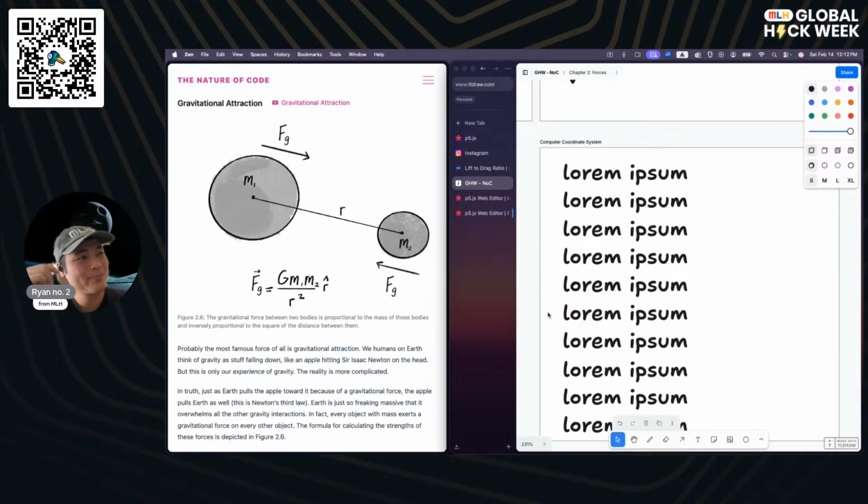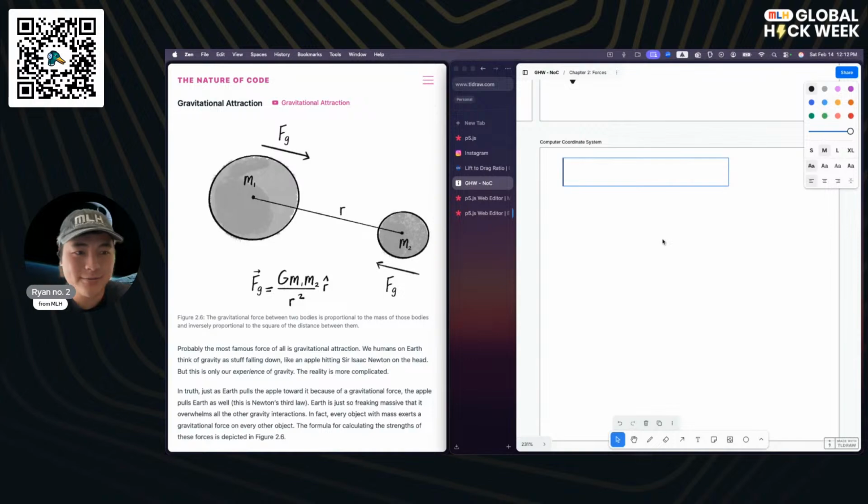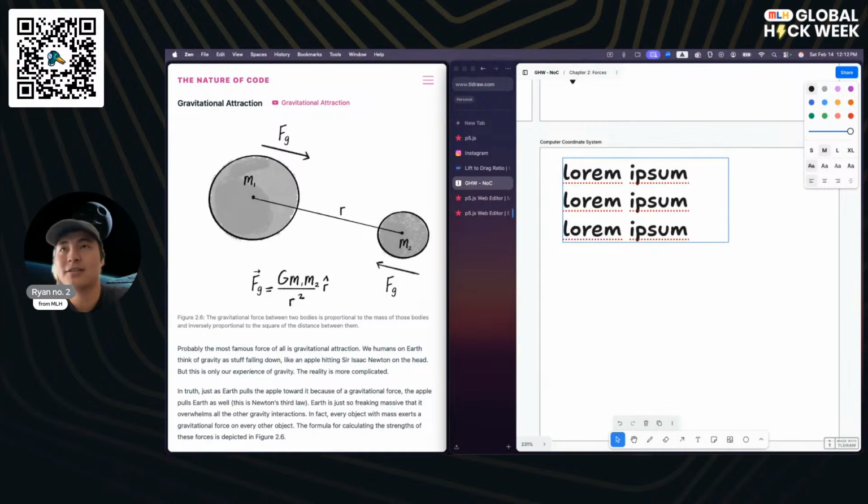For example, if I were to just start typing words in right here, and putting new lines and such, it always starts from the top and goes down.